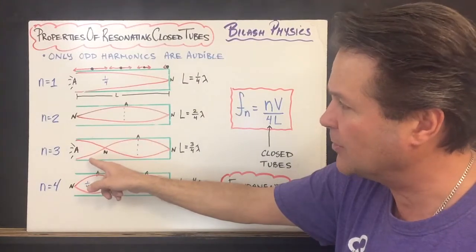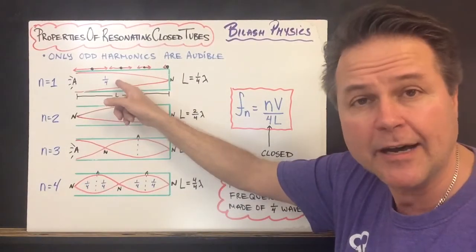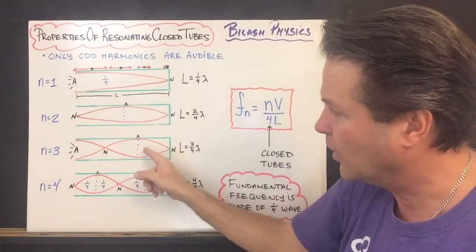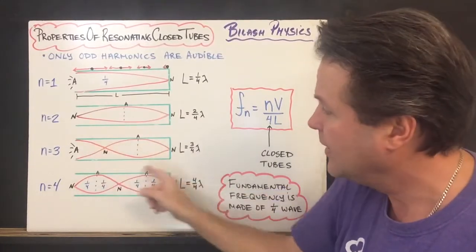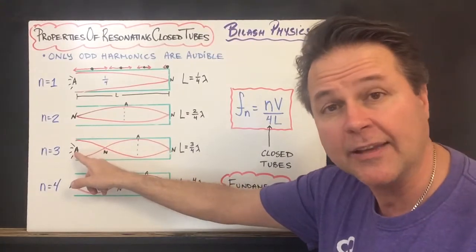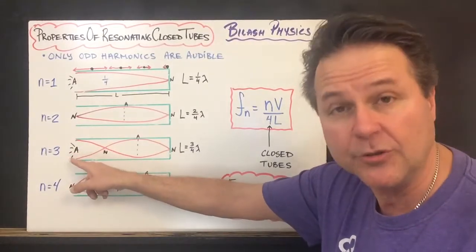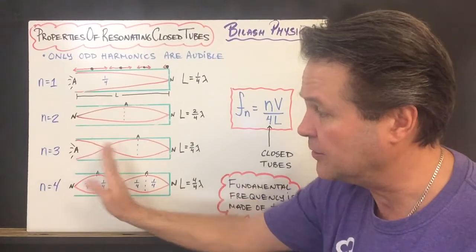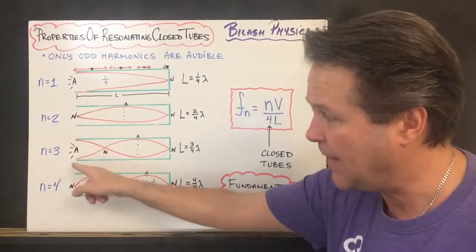If we go to the third harmonic, it is 3 times the fundamental. So we have 1, 2, 3/4, and we have our node at the closed end, and we have an antinode at the open end. Consequently, we do hear this one, because the air molecules can vibrate back and forth maximum